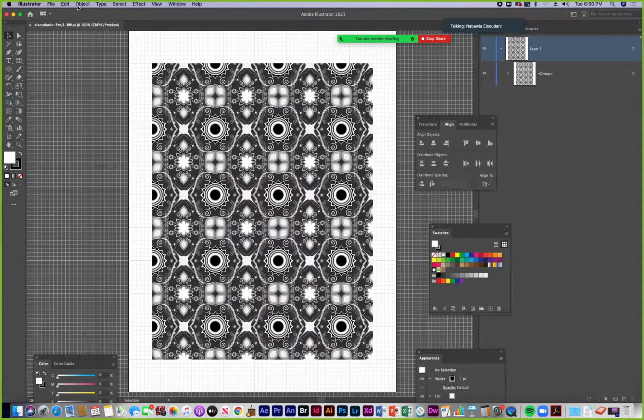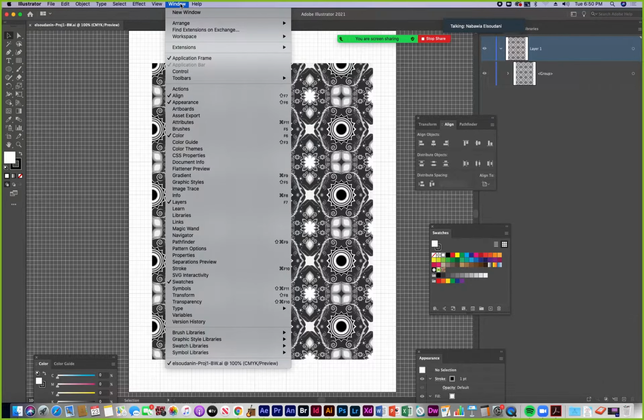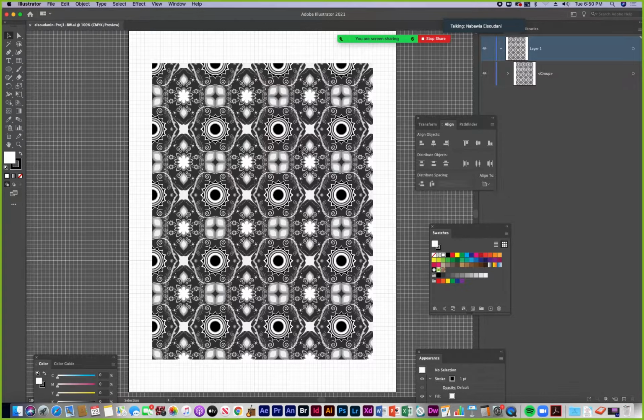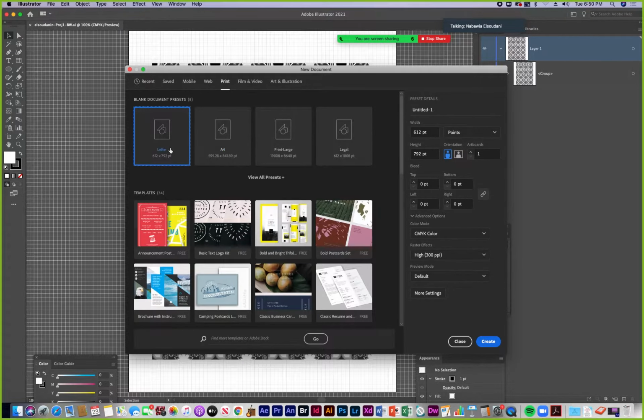The only documents that you're turning in for next week, when the pattern is due, are the black and white version of your pattern as an Illustrator file and a color version of your pattern as an Illustrator file. But just so that we get an understanding of color, I'm going to make a new document, and you could do this too if you'd like. It's optional, not to be turned in. And I'm just going to call this color wheel and put it on a letter size document. I'm using print settings right now.